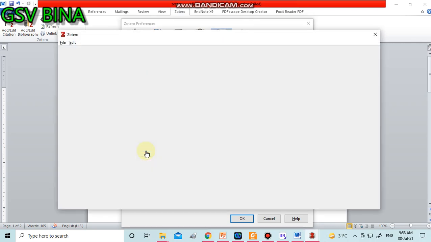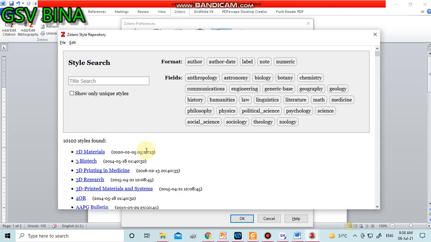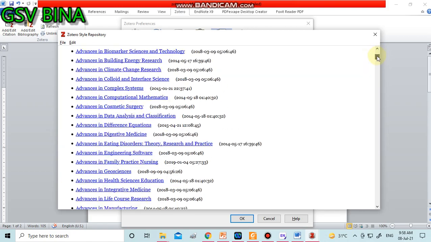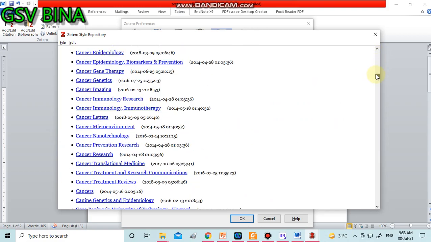You just click on this one. The Zotero repository for different types of journals has about 10,102 styles. So you can select the journal in which you want to publish your data.